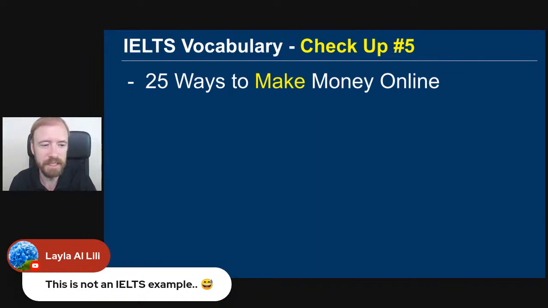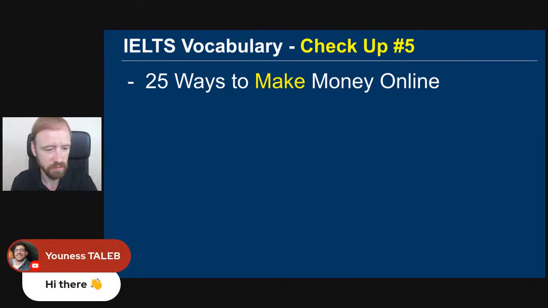Layla, I throw in some easy ones. Whenever I make a lesson, I have some difficult vocabulary and sentences, but I also try to balance it out with some easier vocabulary and sentences. Everyone is at a different level. Eunice, hi there. Hello, Eunice. You are late. Eunice, you are not interested in money. Good for you, man. It takes a certain type of person to not be interested in money. So that's why Eunice is late. He's like, money, I don't care about that topic.